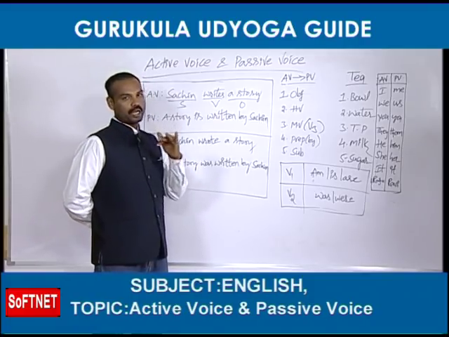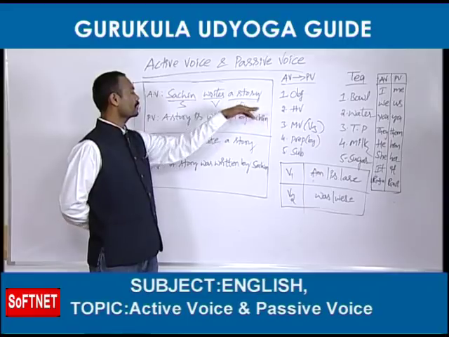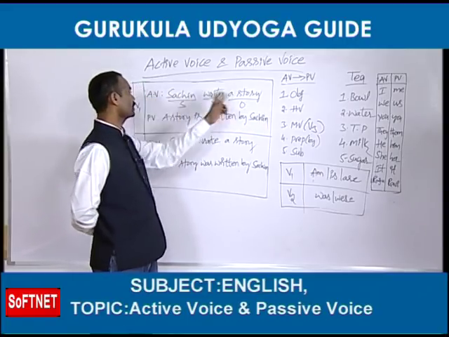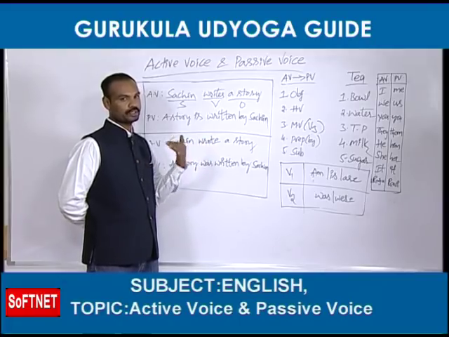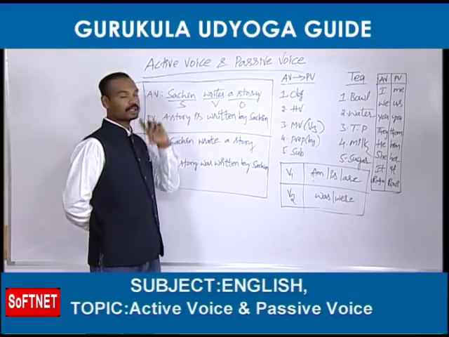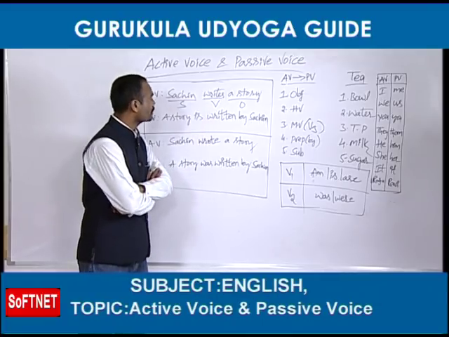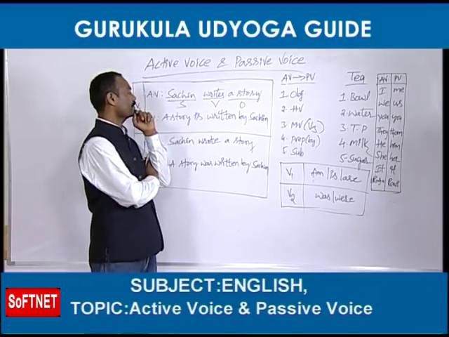So friends, I have already told you, sometimes helping verbs are also given in the active voice. Let's see whether it is there or not. No, it is not there. There is no be form, meaning the helping verb is not there. So whenever they don't give the helping verb, again you should go to the verb and observe whether it is V1 or V2.